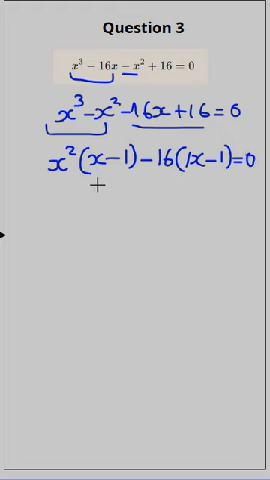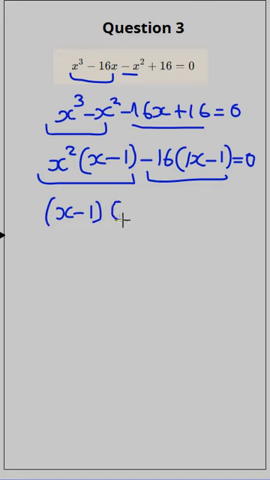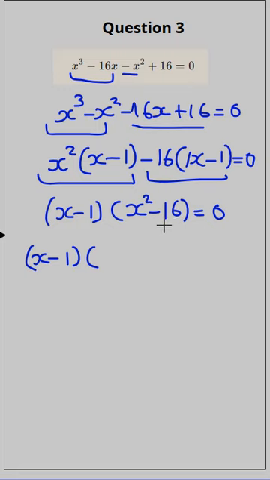Then in between these two terms, from here to here and here to here, you can see that x minus 1 is the common factor. So here you will be left with x squared minus 16 equals 0. So here you will put x minus 1 equals 0. So instead of doing that, first we will do x squared minus 16. 16 can be written as 4 squared. So it will become x plus 4 and then x minus 4